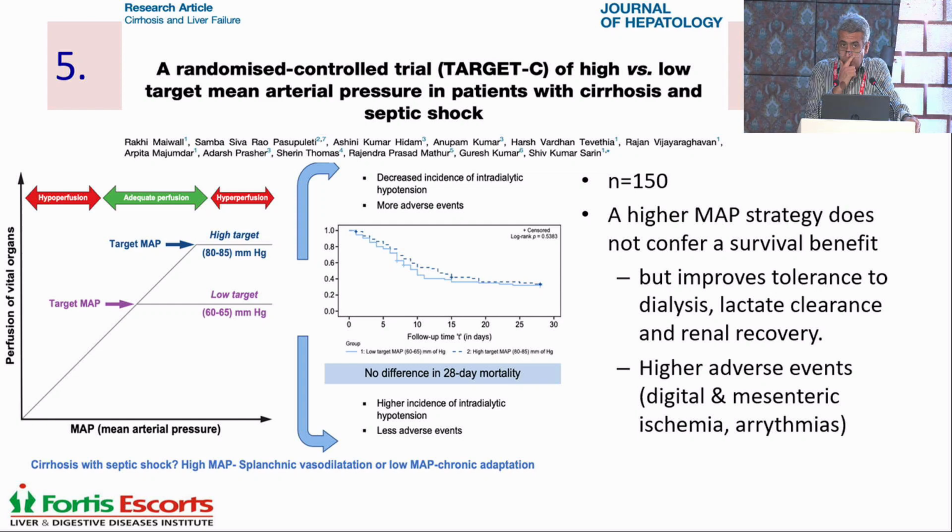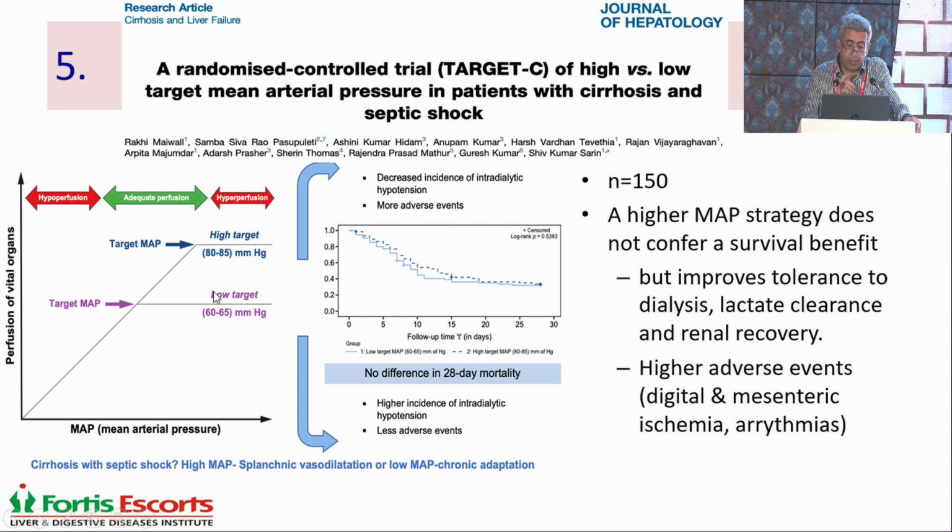What should be our BP goal? This was a randomized controlled trial, TARGET-C, of high versus low mean arterial pressure. This was again done at ILBS. There were 150 patients, and they randomized them into people with a higher target of 80 to 85 versus a lower target of 60